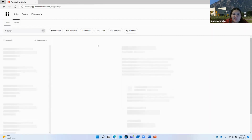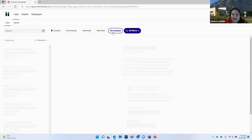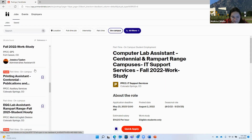That's where the student is going to find every single job that's listed in Handshake. Currently, we have 2.6 thousand and it grows every day, I will tell you. But if a student doesn't want to look through 2.6 thousand, I don't blame them. All they're going to want to do is go ahead and on the top right side, click on campus. This is going to filter those 2.6 thousand jobs to only on-campus jobs. These would include work study positions and student hourly positions. Currently at this time we have 28. It'll filter those, and then a student can scroll here on the left side to see what's available